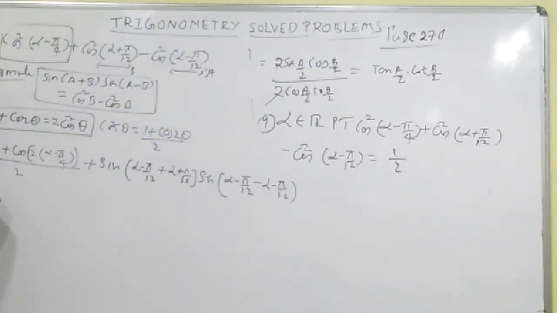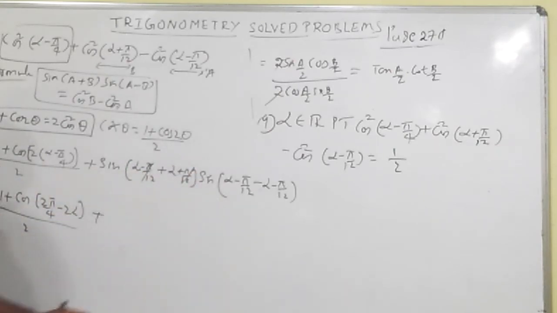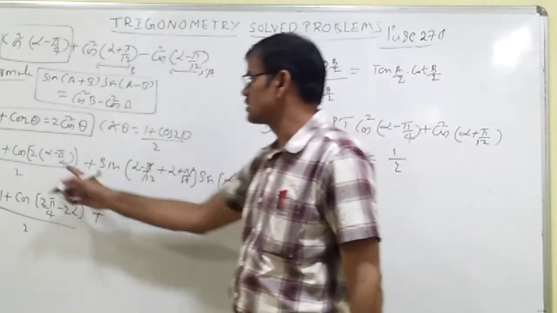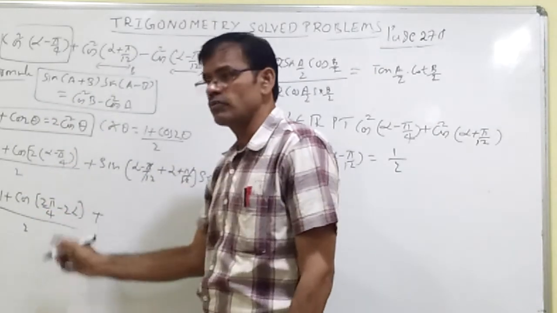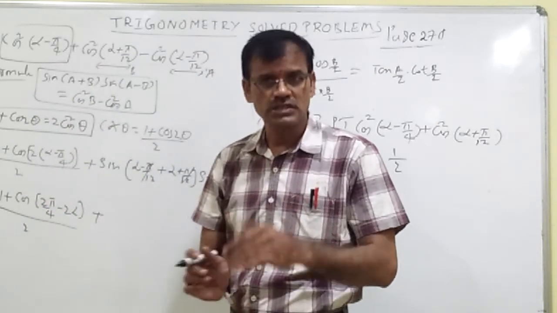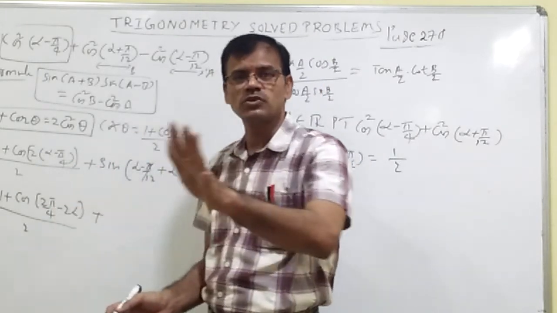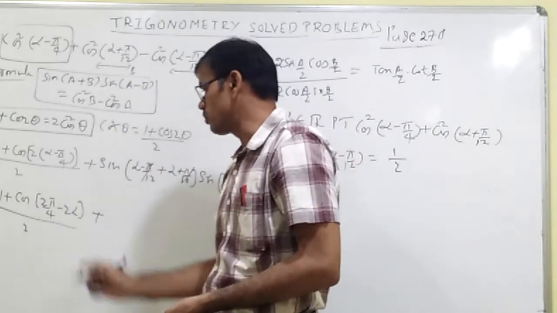That is equal to, next step you should write like this, 1 plus cos of 2 pi by 4 minus 2 alpha whole by 2 plus, here minus pi by 12 and plus pi by 12 get cancelled, alpha minus alpha get cancelled. Dear students, you will get a doubt here: sir, why did you change alpha minus pi by 4 unnecessarily as 2 into pi by 4 minus 2 alpha? Because cos of minus theta is cos theta. I have just converted the value in terms of minus. There is no minus for cos theta. That is why I wrote it directly and multiplied with 2: 2 pi by 4 minus 2 alpha.